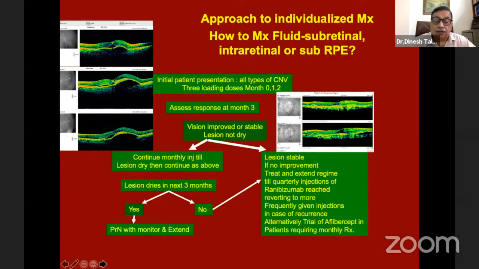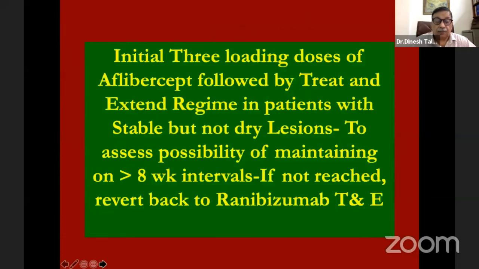If you started off with ranibizumab and the patient is staying stable, you could give a trial of aflibercept to see how the patient is behaving. Now, this is happening very frequently: if you've given the initial 3 loading doses of aflibercept and the patient becomes dry, you follow the same regime. But if it's stable, this patient will need to be put on a treat and extend regime, and you have to see whether you can get a greater than 8-week interval in these patients. If you don't get that, revert back to